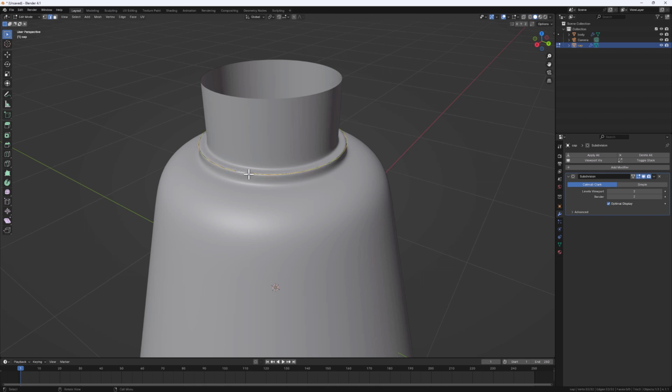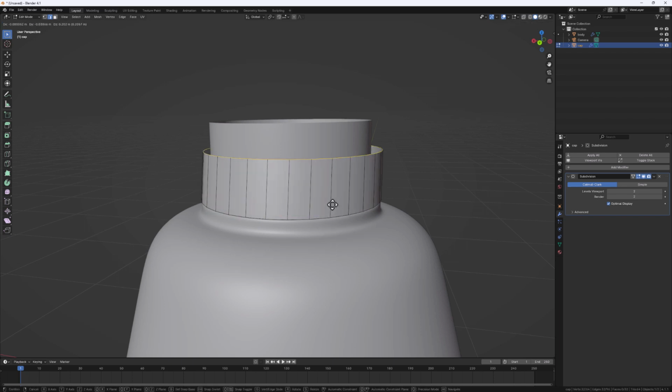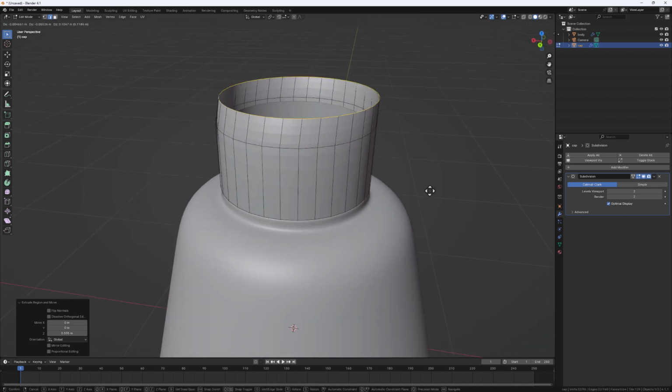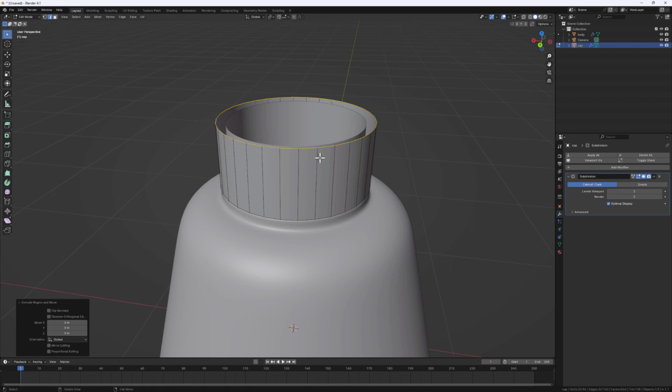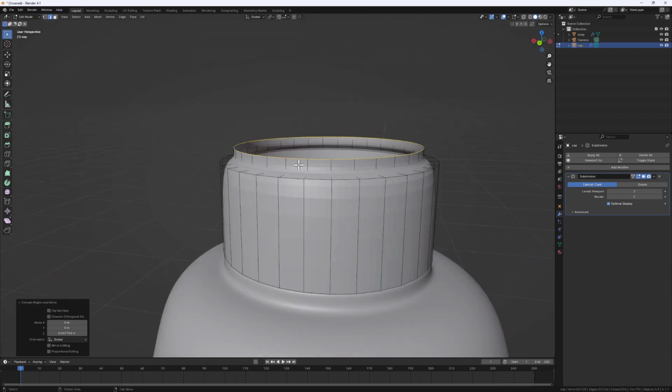and then we can do alt click to select the entire ring. Then we do E to extrude it on the Z axis like this, and then we do E once again, right click to apply the extrusion, and then S to scale our extrusion inside like this. And then we can do E once again to extrude it on the Z axis like this, right? So and then we can repeat the same pattern once again, and then E Z to bring it down